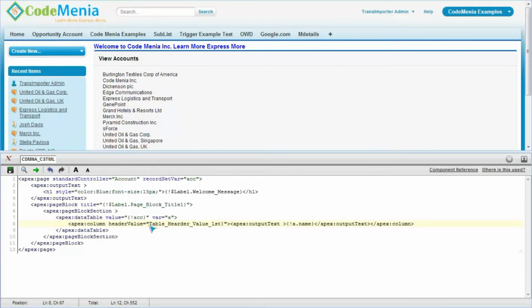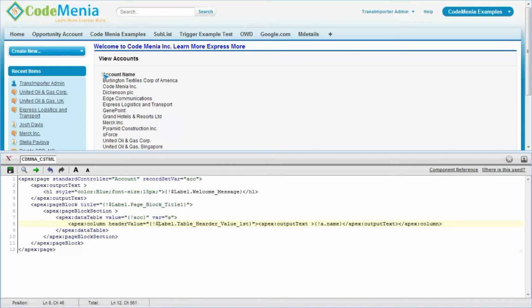So the header value should be label in this formulary quotation dollar, and you save it. You can see that the label value which has been created for that custom label is